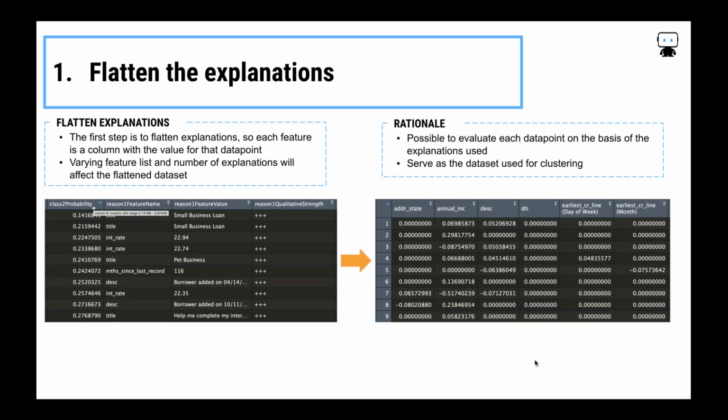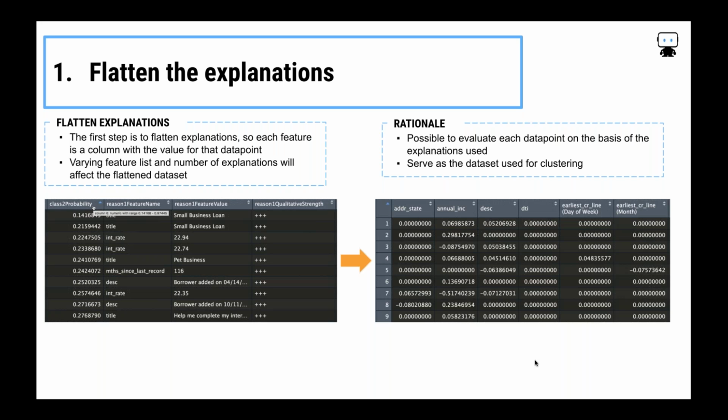And then it also is going to return the 1 to 10 most predictive features for that prediction itself. So what drove that prediction up or down? And also its qualitative and quantitative strengths. So we see those 3 plus signs mean that the feature small business loan on the top drove the predictions up. But there's actually a number underneath that, and we can use that as a distance measure.